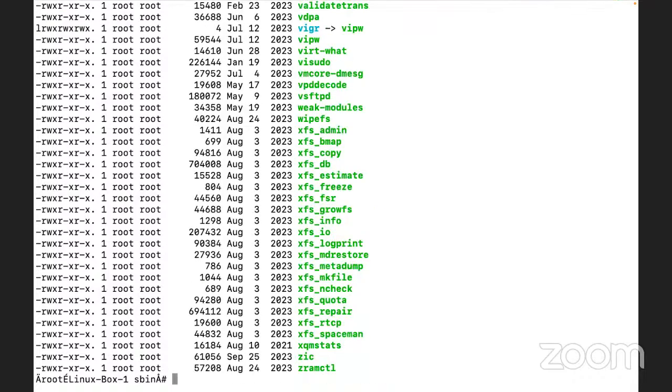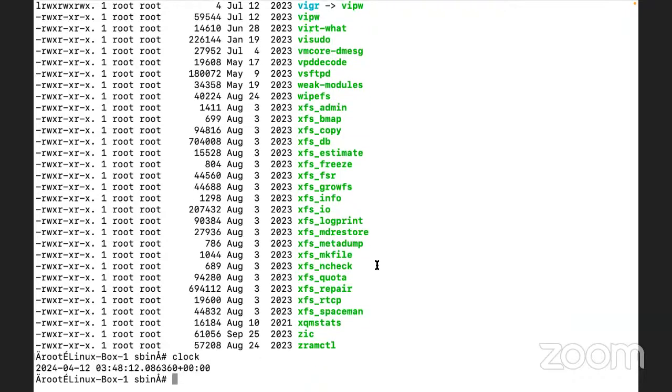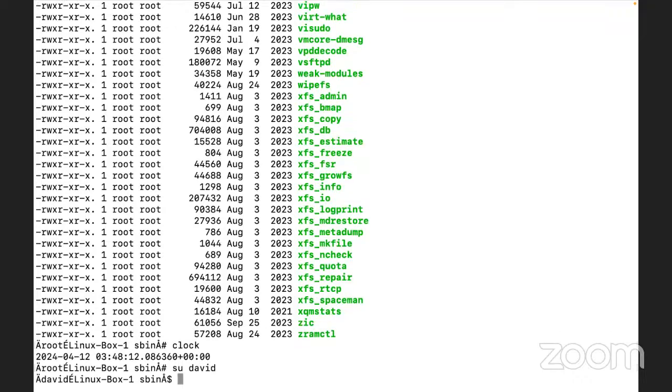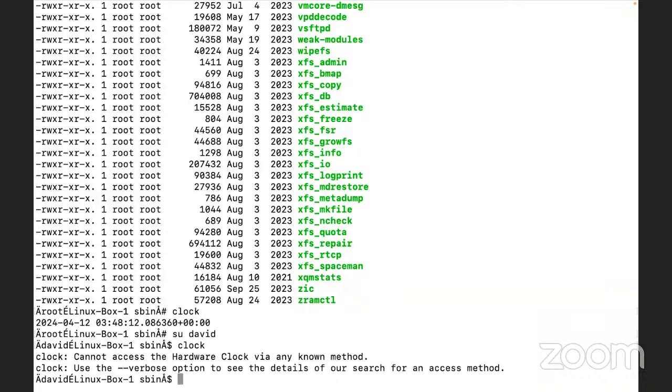Okay, let us say clock. I'm able to print the time. Got it. The same command I was able to execute with the root user, but it is throwing some error.